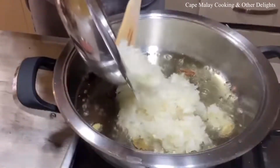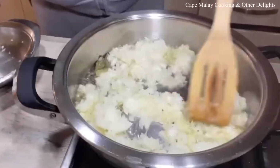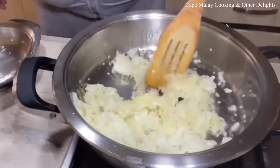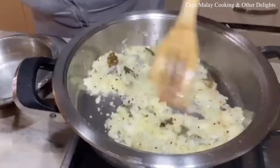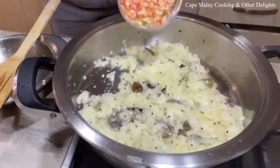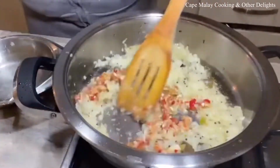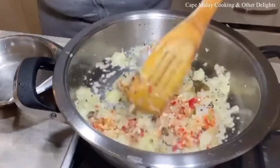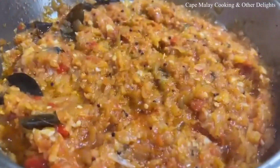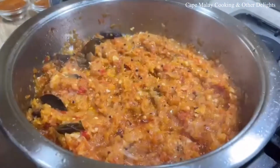We're going to cook the onions for about 5 minutes until it's translucent and light golden in color, before adding our ginger, garlic and chili paste. And in the meantime we liquidized our 4 large tomatoes, and that is going to go in as well as our tomato paste and the spices, salt,